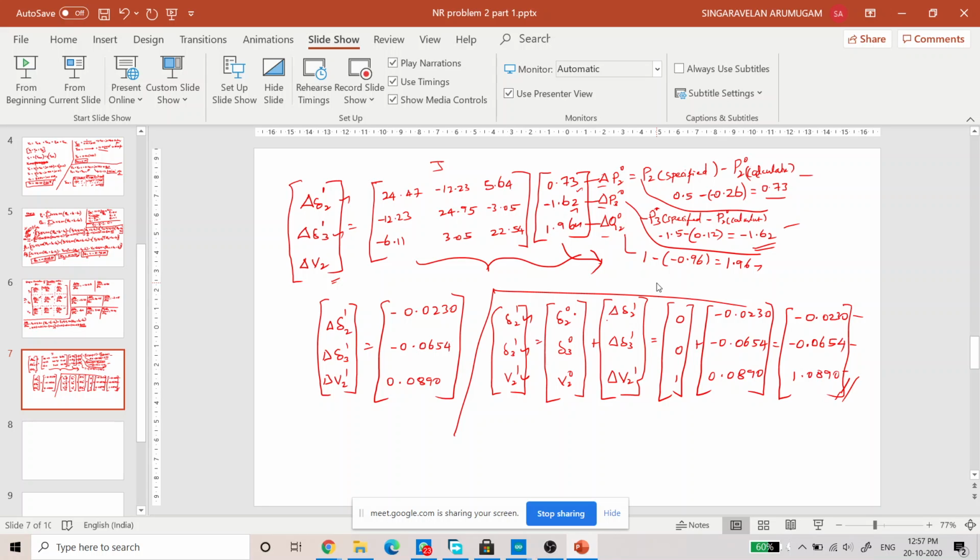And type 3 is also the same. Type 3 means S cube. Type 4 means S to the power 4. Type 5 means S to the power 5. Like that we need to substitute. If we substitute, Kp will come as infinity and the steady state error as 0 only. That means in case of